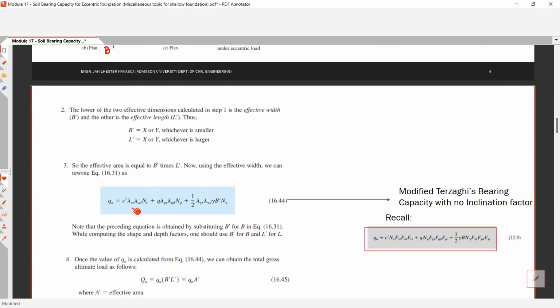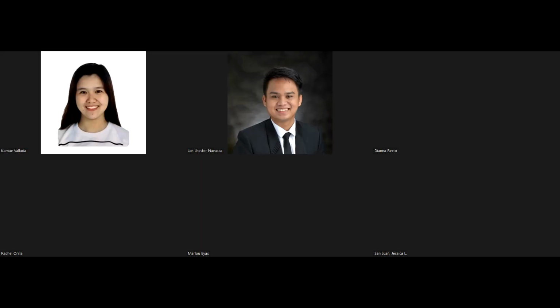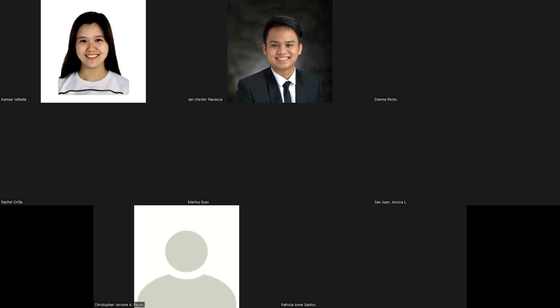Then, how to solve for the effective area B prime? So, if you recall the modified Terzaghi bearing capacity with no inclination factor. Bakit wala ng inclination factor? Kasi po ay eccentric na yung footing mo. So, wala ng inclination factor. So kapag tinanggal yung inclination factor, mawawala itong